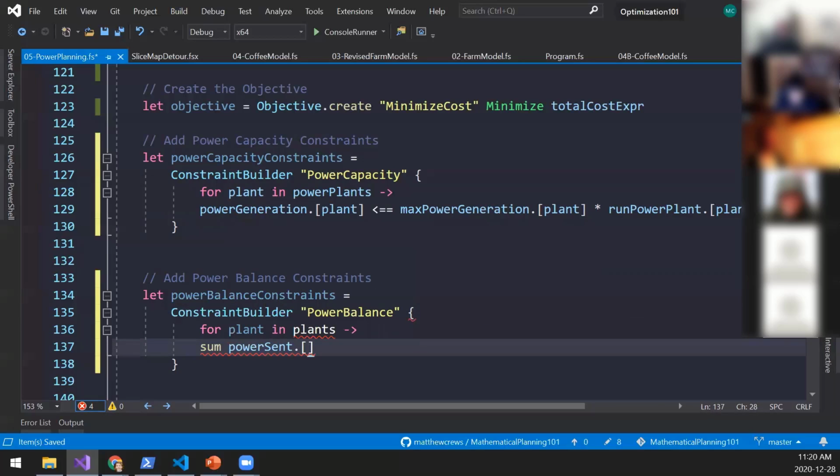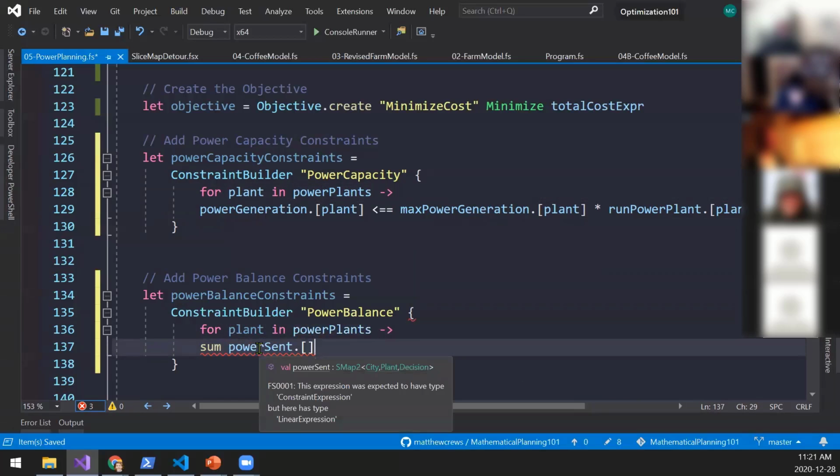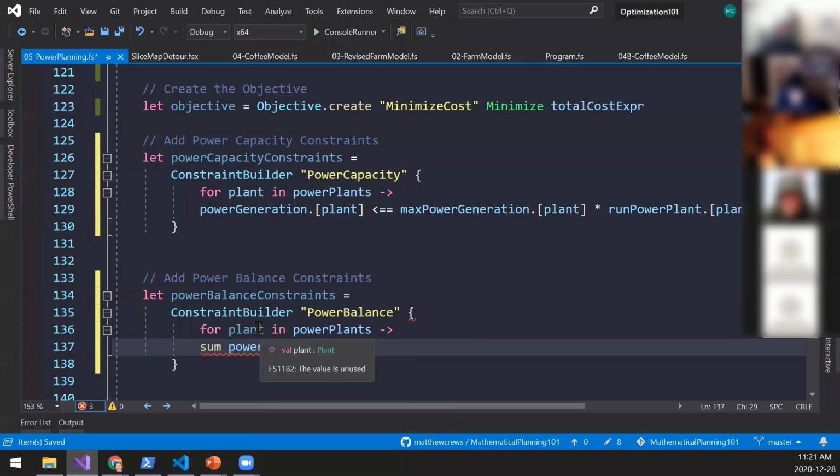Correct that mistake right there. Power sent. Okay. This is where slicing comes in. Power sent.